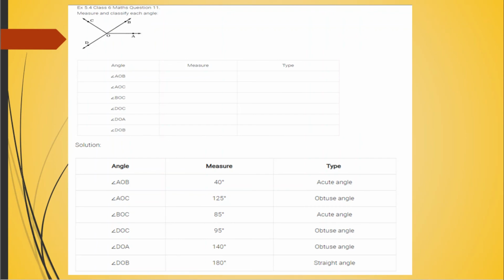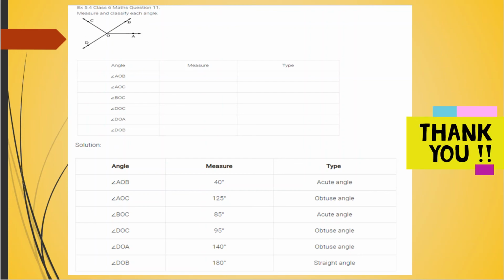Question number 11, a figure is given to us. We have to measure the angle and then classify which type of angle it is. Angle AOB is 40 degrees, an acute angle. Angle AOC is 125 degrees. You can use your protractor to measure it. Afterwards you can write the type: greater than 90 is an obtuse angle, lesser than 90 is an acute angle, and if the angle comes out to be 180 degrees, that is called a